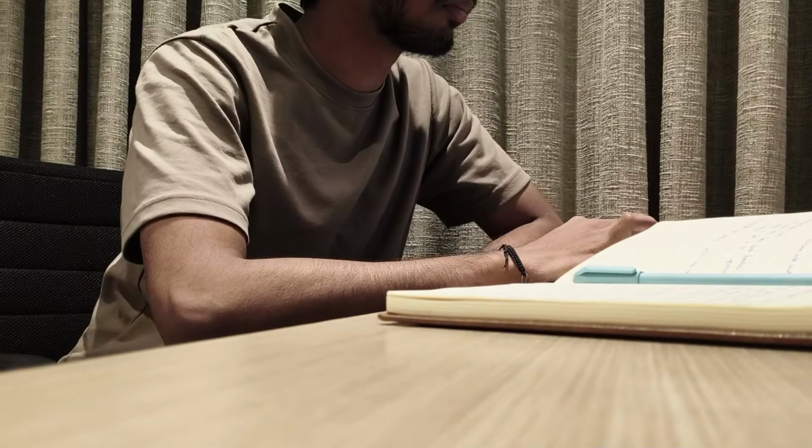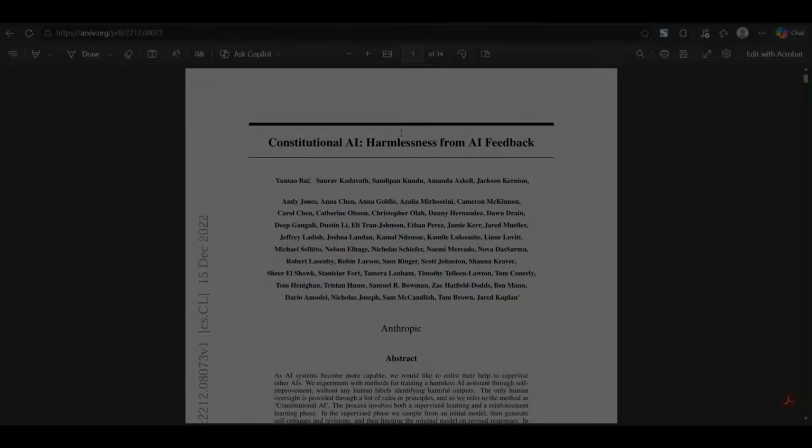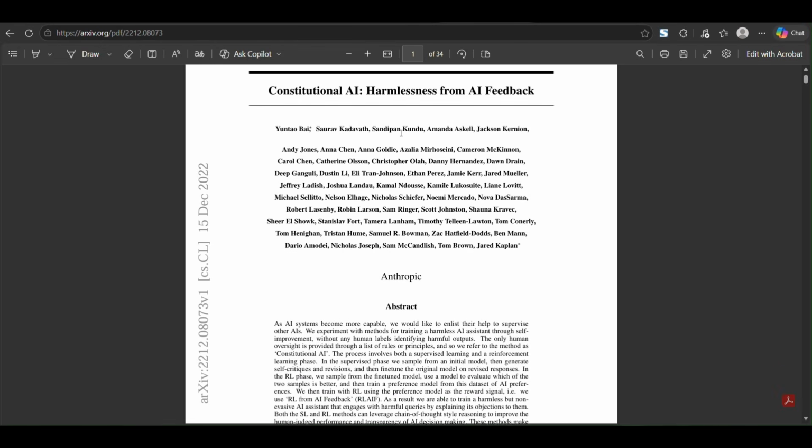Alright. Before I start building anything, I need to understand what makes Claude different from other AI assistants. If I don't understand the architecture of it, there is no way I can rebuild it. I started researching how Claude works, how Anthropic trained it, and this is where things started getting interesting.